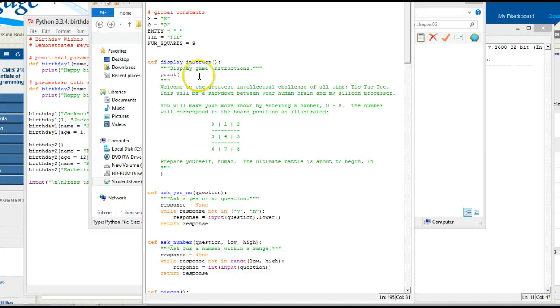Well, this is pretty straightforward. So display instructions. Okay. So we have our triple quotes. We have a print statement. So if all I did was run this piece, we get our instructions. So if I run this,